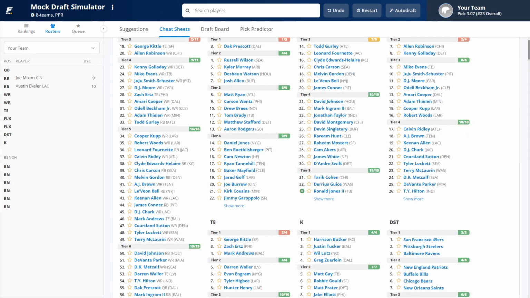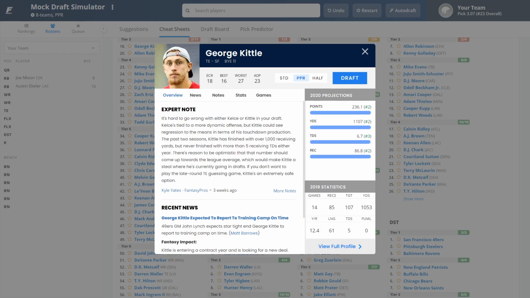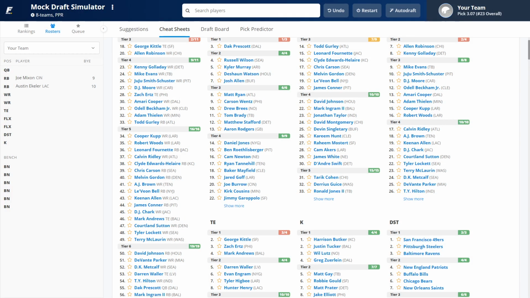And like I said, I want to go ahead and snag one of those top 3 tight ends. I'm going to go ahead and pick Kittle here in the 3rd round. George Kittle is my 2nd highest ranked tight end for fantasy football in 2020. I think that George Kittle has yet another beast mode year, and especially with Deebo Samuel likely missing the first couple of games, I think we see George Kittle start off very strong in 2020,